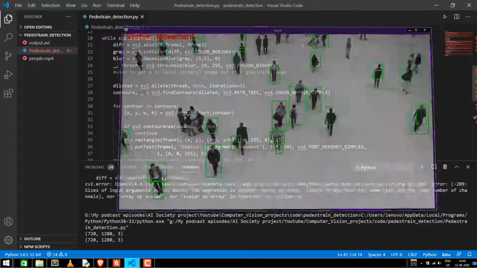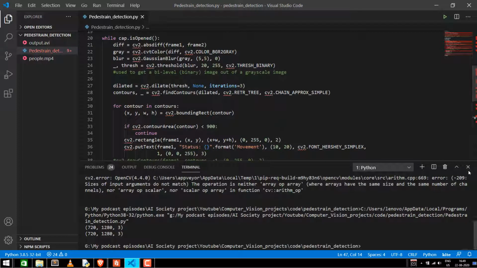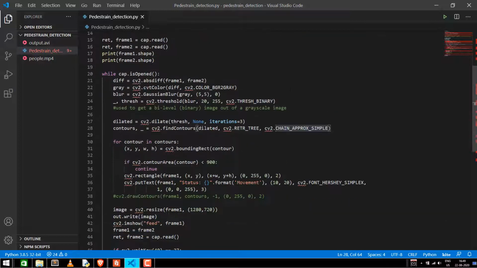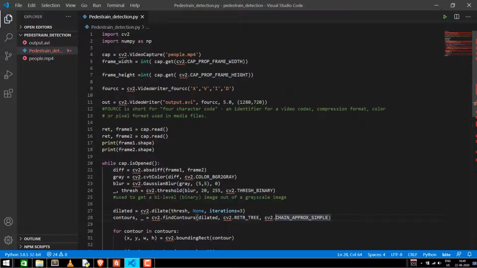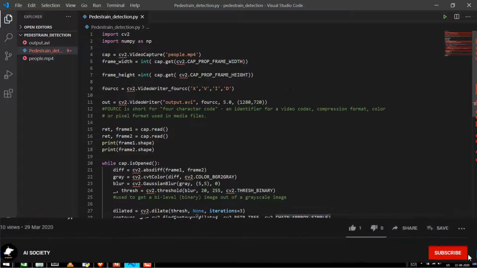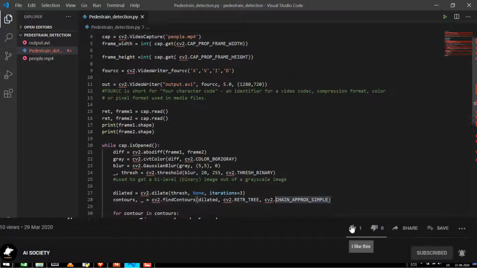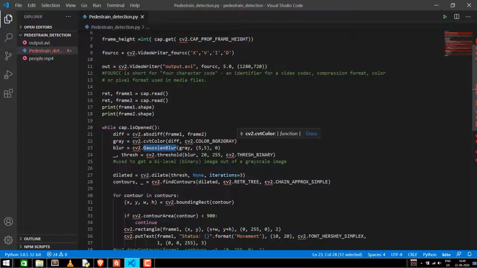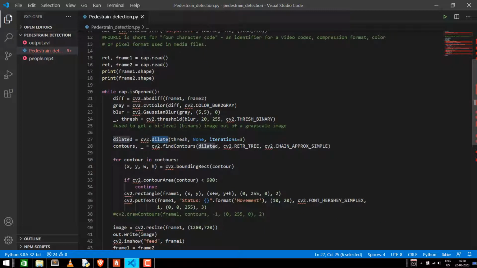So this is something that should excite you more about the field, because it excited me when I started with computer vision, and these are mostly simple projects that you can work with. But working with these projects clears up the concepts that you are trying to understand in computer vision. Like Gaussian blur, you will be able to perform the practical implementation of Gaussian blur. What is threshold, what is dilate, all these things you learn in the theoretical part, but in these kinds of projects you also do the practical part.